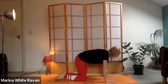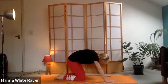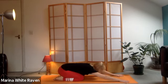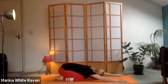Good. And next time you sit back into the heels, just rest there. Take your foot to the ground, extend the arms away into the swan posture, extended child. And take a couple of releasing breaths in through the nostrils, out through the mouth. So we're in the position now for a downward dog, so